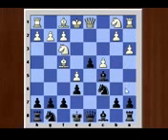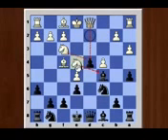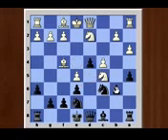a3, a5, knight d2, h6, knight e4, b6, knight d2, knight e7, knight captures c5, b captures c5, knight e4 attacking the c5 pawn, black castles,